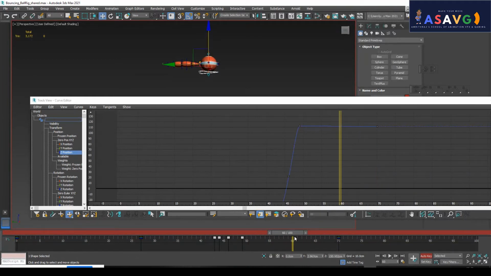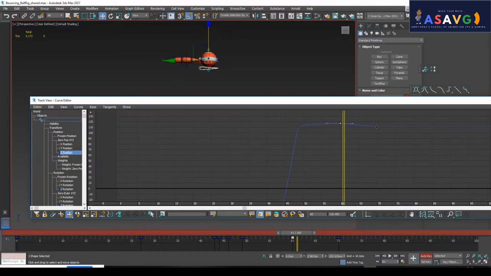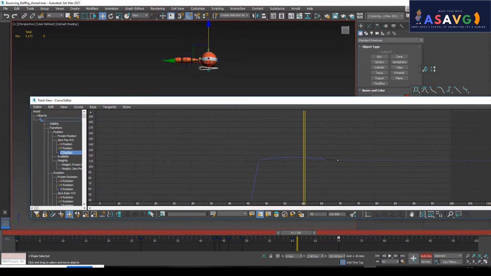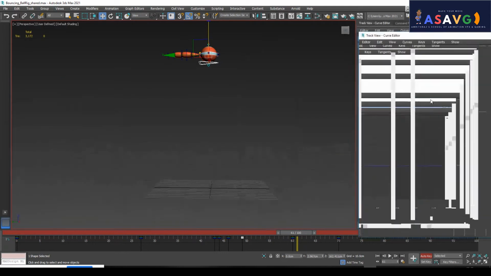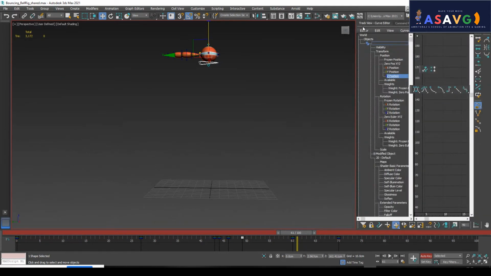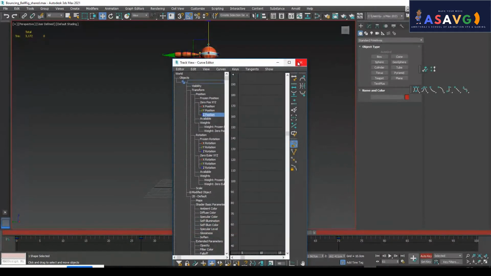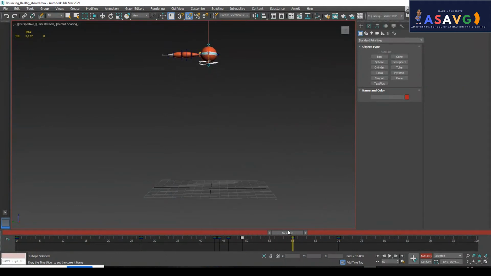So I will make a keyframe over here, and I am just putting him up a little bit, not that much, and I am making this area also a little bit smoother, and this area also a little bit, so you can see a curve, right? A little bit of curve over here. Yeah, so I will stretch this area, clicking and stretching this area, so we will be giving more time for that. So I will be just dragging this outside. Okay, and I'm closing it, and now you can see,